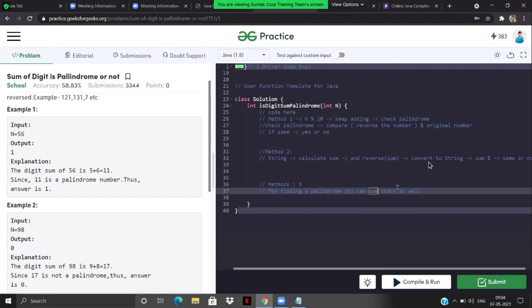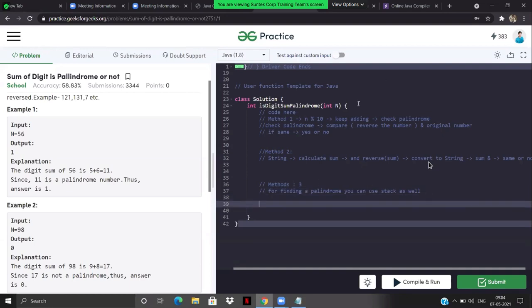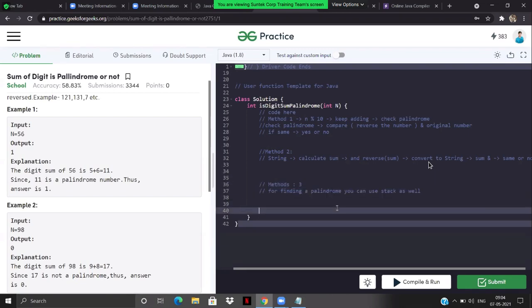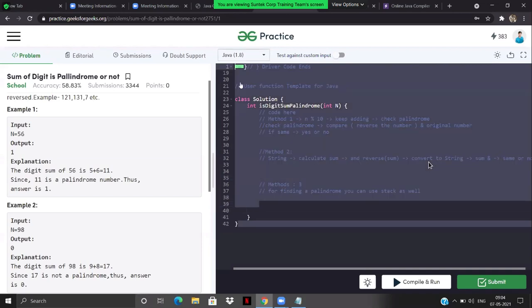Because I see the stack and linked list have been covered, and the queue. So you guys can make use of it. Give it a try, guys, at least. Okay. So far I can only think of these 3 methods. If you guys have any other solution, maybe you can try with that as well. We can discuss more in detail in the next class.